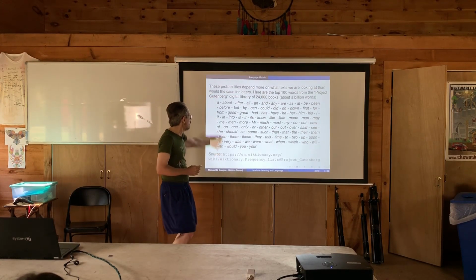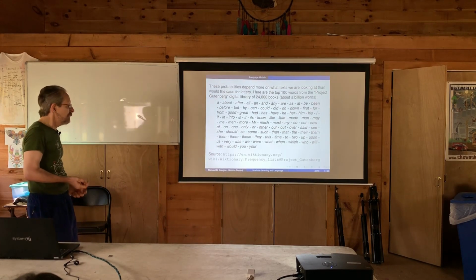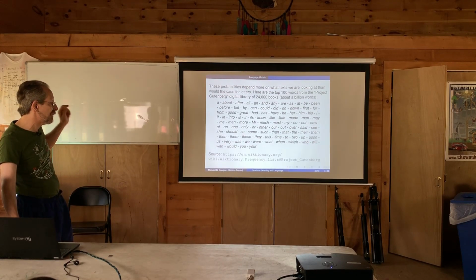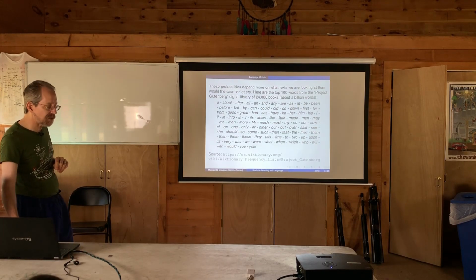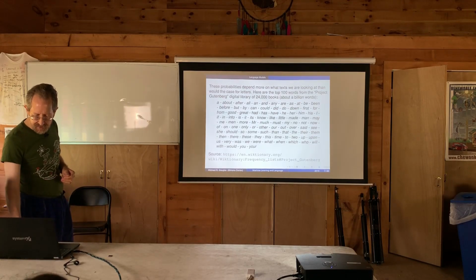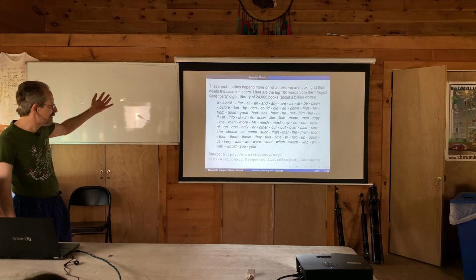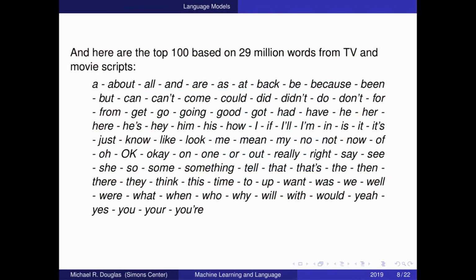So anyways, we've got this list of words, and we could try to use that as a language model. We could say, let's pick out words with whatever probabilities this list gives. Okay, so one interesting aspect of that already is that the words and their frequencies are going to depend on what kind of input you give it. So this was all these classic books. So people also did it for TV and movie scripts. Okay, there's not as many as those. So they had 29 million words that went into that.